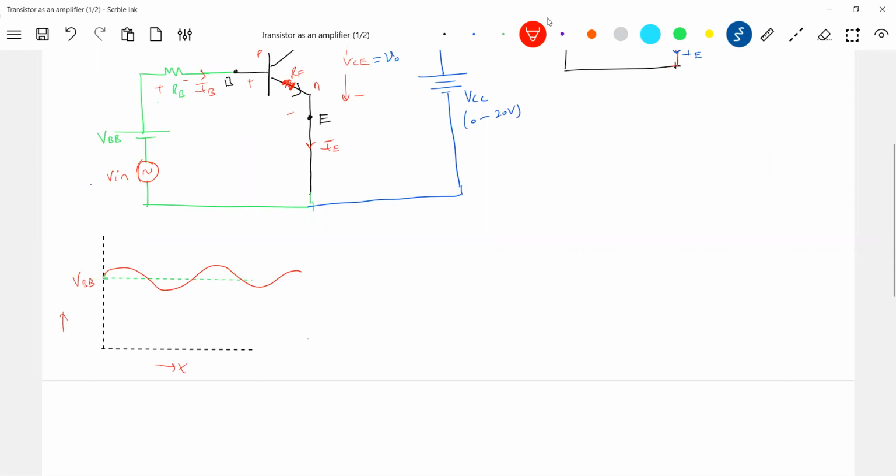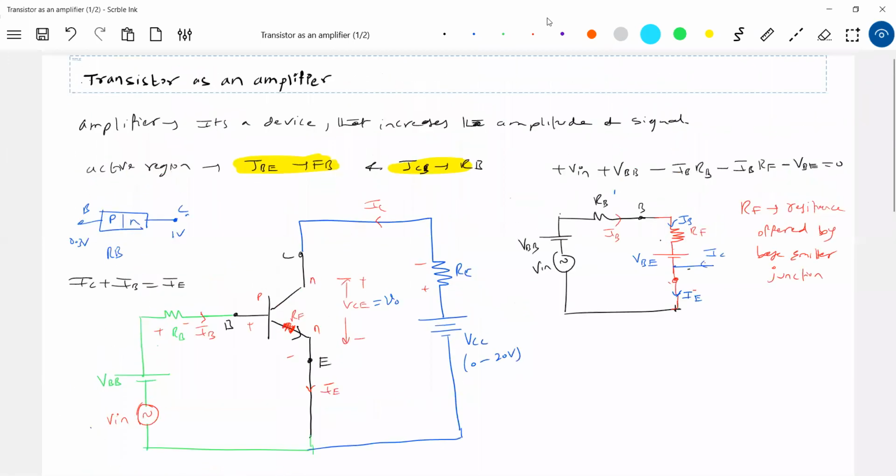If you remove this V in, constant current will flow. Now, if this overall voltage changes here, what happens to IB? IB should also change. This is the main concept I'm trying to bring out here. Without the AC signal, the current flowing here will be constant. Because of the AC signal, this current will now fluctuate. So the current will also vary. So I'm going to differentiate this now.